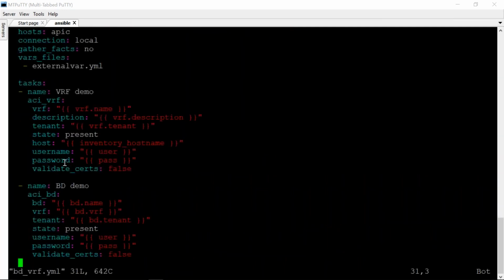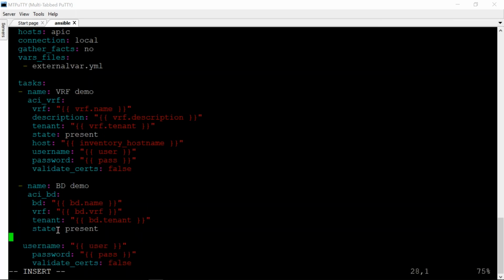If I go here, if I check the username, so you can see the username is user, password. Everything is okay, but you can see after a state, the host name is missing. So these things we need to take care. So let me quickly go and edit the state and the host name. So after a state, I have the host,